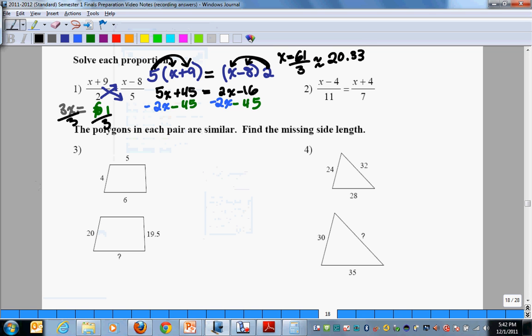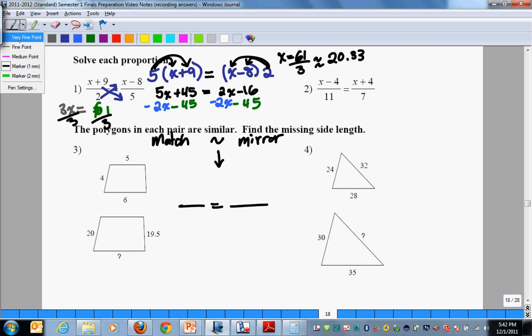Now in number 3, it says the polygons are similar, so we know they have the same shape, different size. If things are similar, once you know things are similar, you can set up a proportion. And all you have to do is match the sides. Match and mirror is the name of the game. Match the sides, mirror your ratios. So let's take a look at matching and